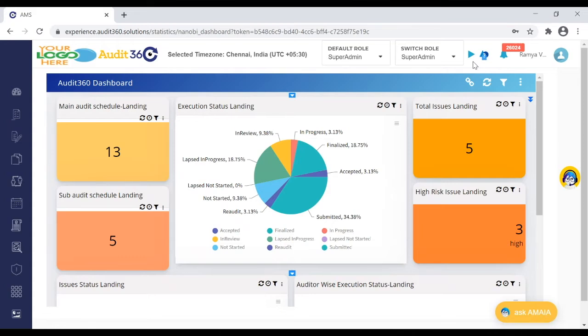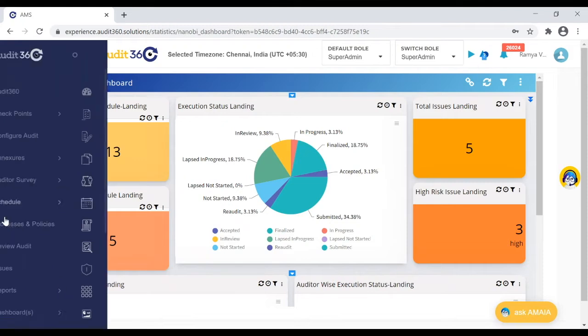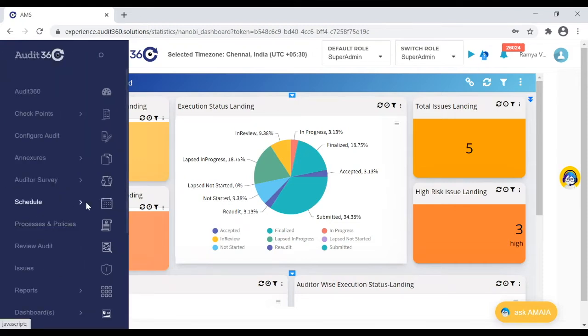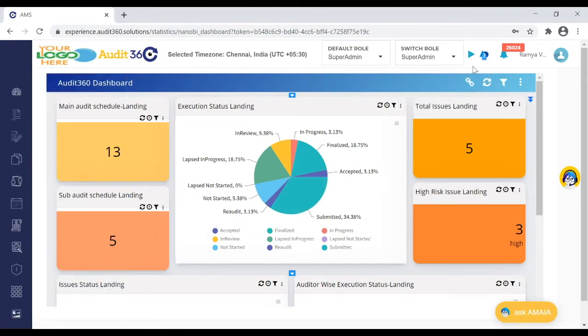For example, if I am looking at the schedule module and I would want to know how the multi-auditor would work, I would use the word multi-auditor. With a voice search, we can do this. Once you say multi-auditor, whichever video has multi-auditor will be picked, and